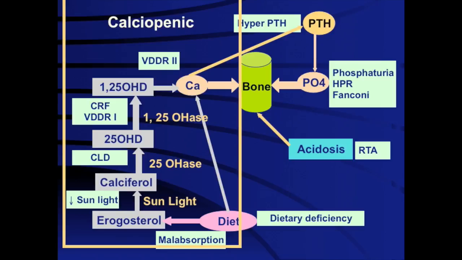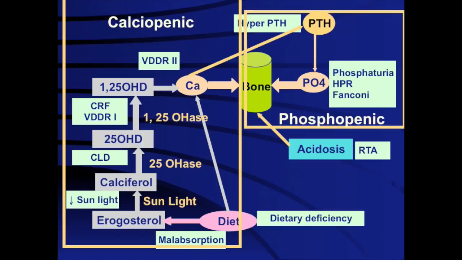rickets. So theoretically, we can divide this whole situation into a calciopenic rickets in which the main problem is hypocalcemia, while we can also have a primary phosphopenic situation in which the main problem is phosphate deficiency. As we already alluded to, in most situations except chronic renal failure, the phosphorus levels in a child with rickets will be low. The way to distinguish between calciopenic and phosphopenic rickets is that children with calciopenic rickets typically are